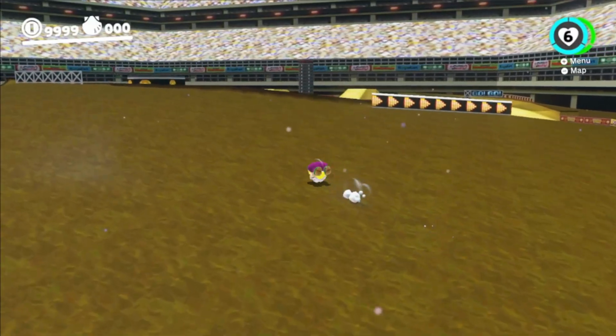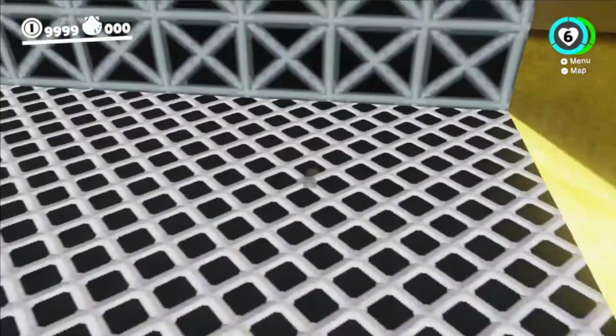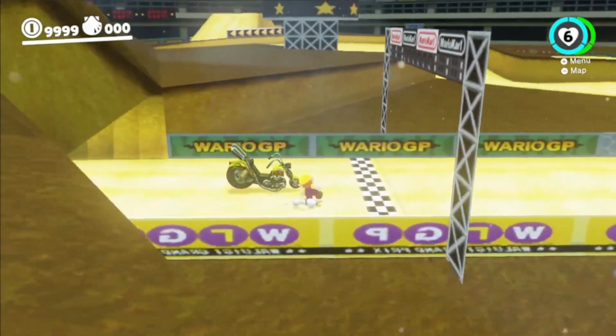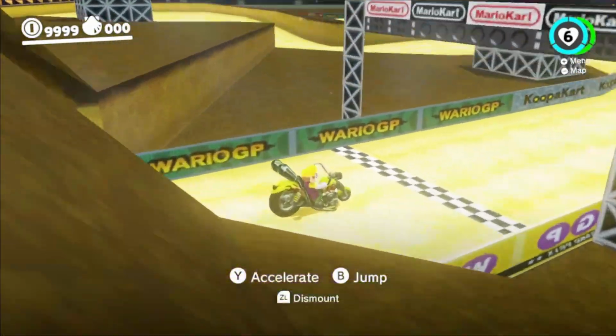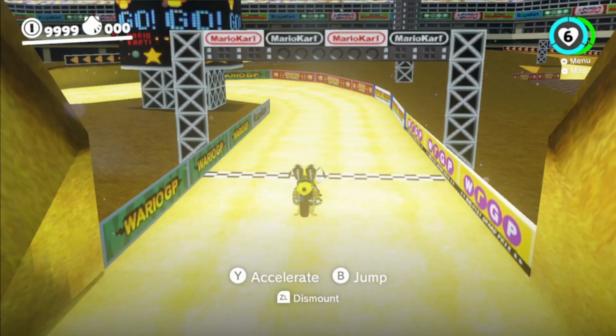This time, the magic platform brought me into a Mario Kart track, and guess what? It was Wario Stadium for Mario Kart DS. There was also Wario's motorcycle sitting near the starting line waiting to be grabbed, and that's exactly what I did. My objective was to finish a full lap of the track in under 50 seconds, and when I was given the right to drive,